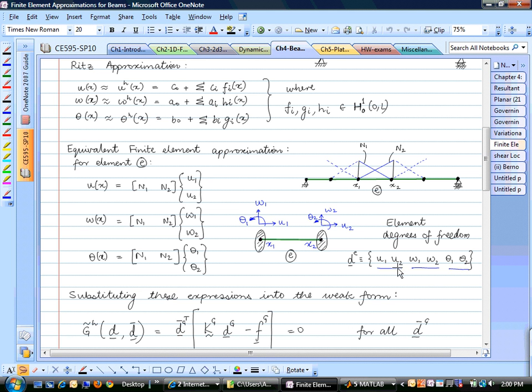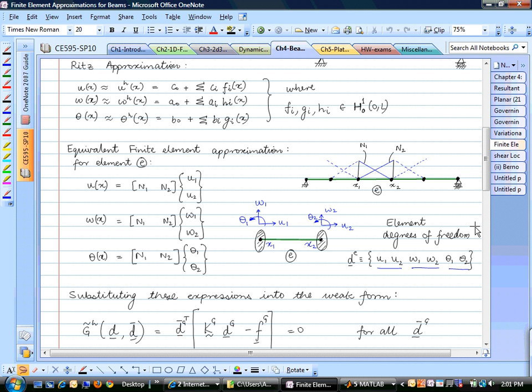The element degrees of freedom I've just listed out here: you have U1, U2, which are axial displacements, W1, W2, the transverse displacements, and theta 1 and theta 2. And these theta 1 and theta 2 represent the rotations of these cross sections, which can be independent of this